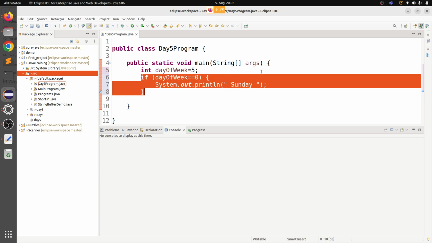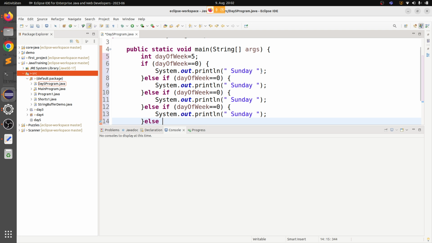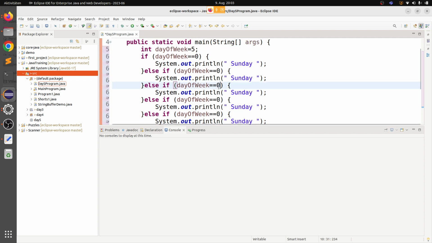So copy this, else. So put this 1, 0 Sunday, 1 Monday,